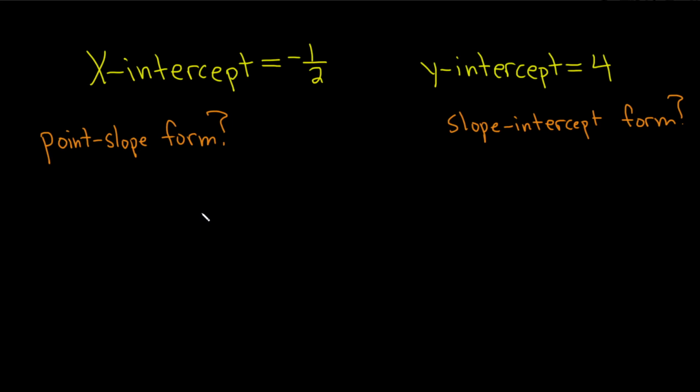Hi everyone, in this problem we have some information about a line. We're given the x-intercept and the y-intercept, and we want to find the point-slope form and the slope-intercept form. So I like to do this part first. I think it's easier. To do the point-slope form, you want to use what's called the point-slope formula, which